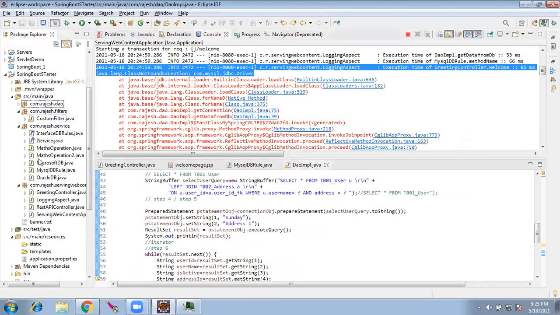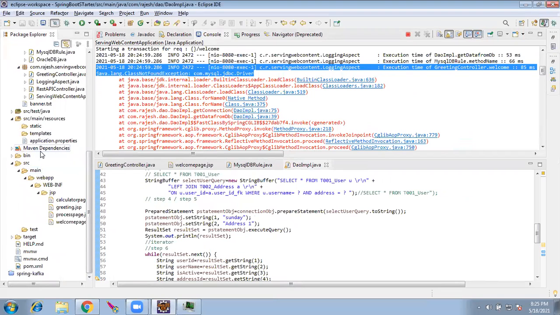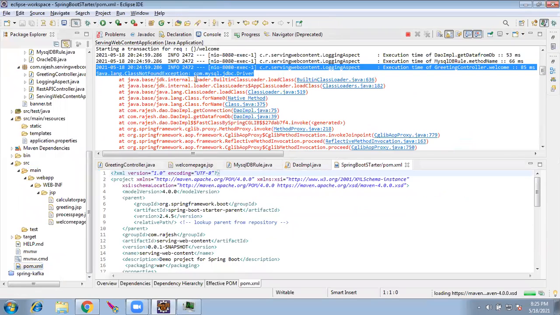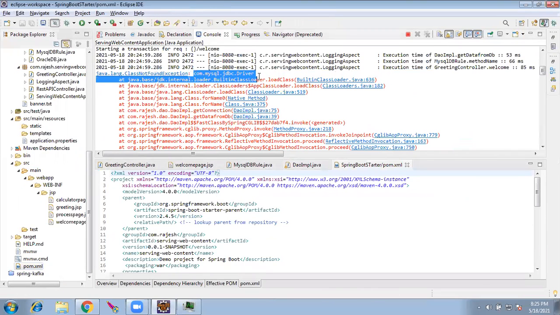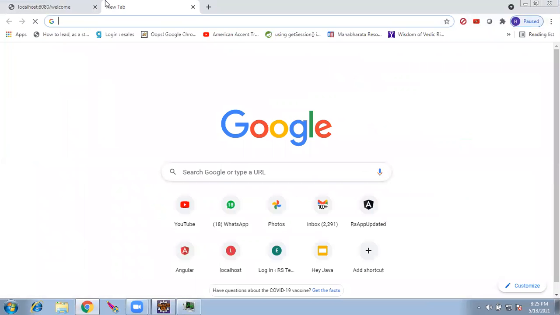In this project, how do we give a jar? In pom.xml. So we give the jar in pom.xml. We have to give the com MySQL JDBC driver Maven dependency. So Maven dependency we saw in the first class.